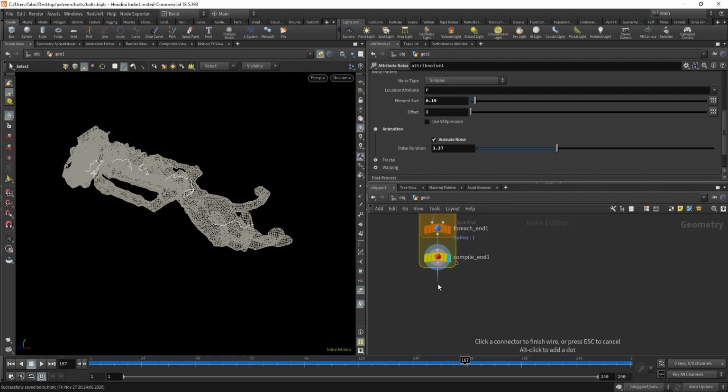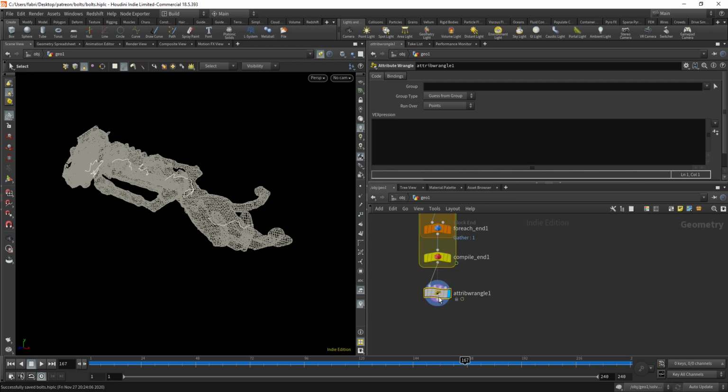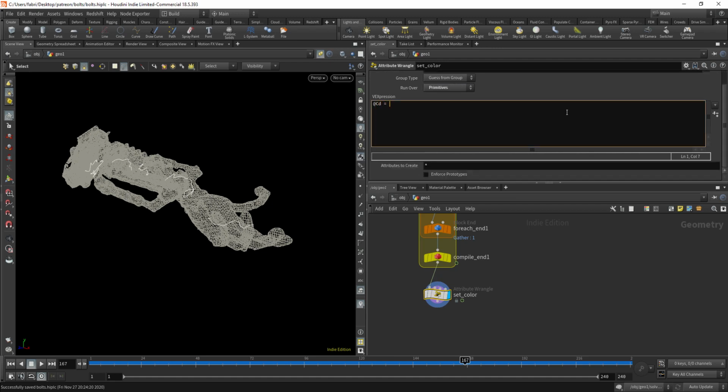First, I'm going to randomize their colors a little bit so that they resemble more of those bluish boat colors. Let's do that with a Wrangle, because I like to use ramps for that. So let's call that set color. That's going to happen at the primitive level. So let's do @Cd will be a vector. We need to cast our parameter to a vector, since we need a ramp that is a color ramp and not a scalar ramp. So we can do vector, and then we need a chramp. Let's call that color, and then this will be a random function using the